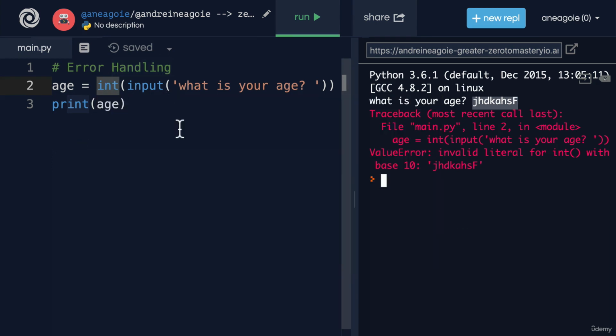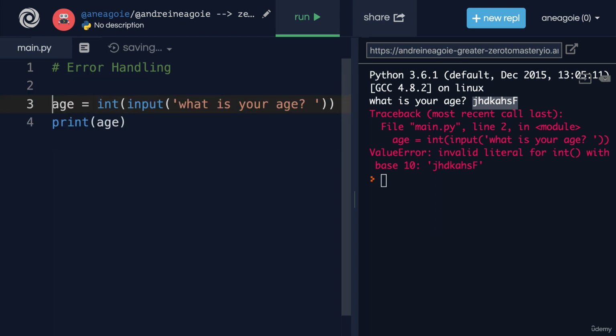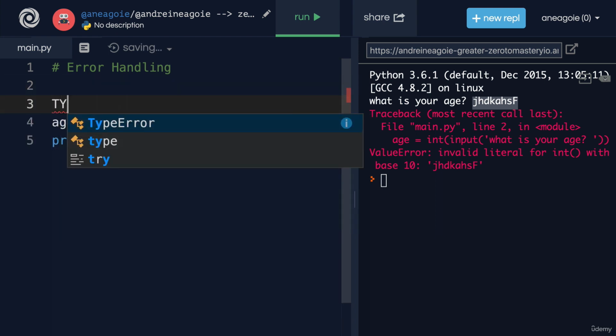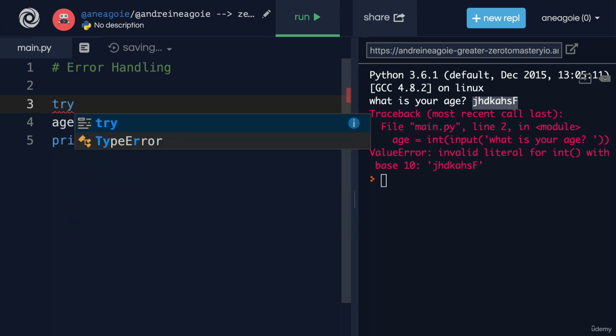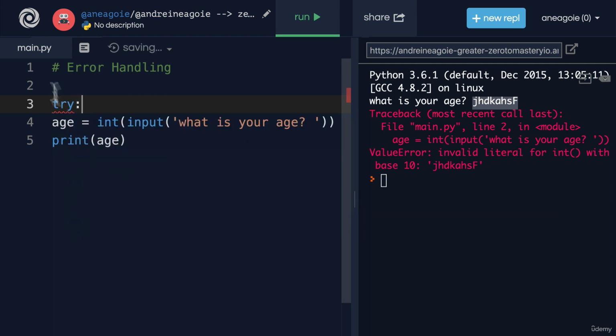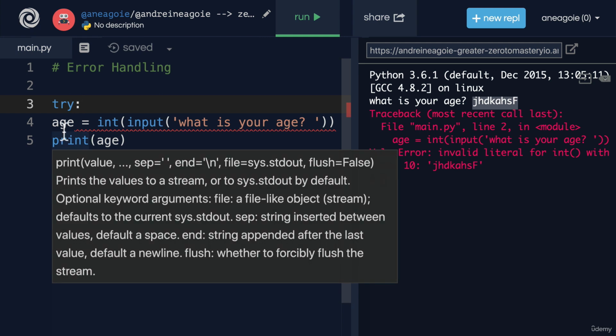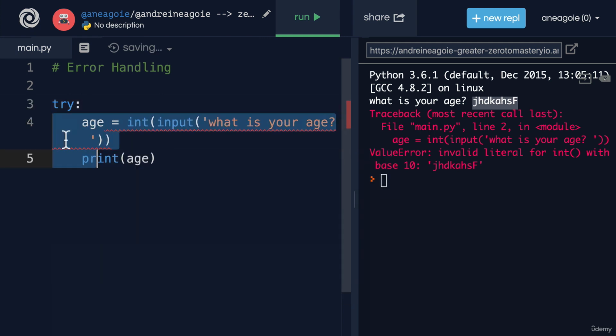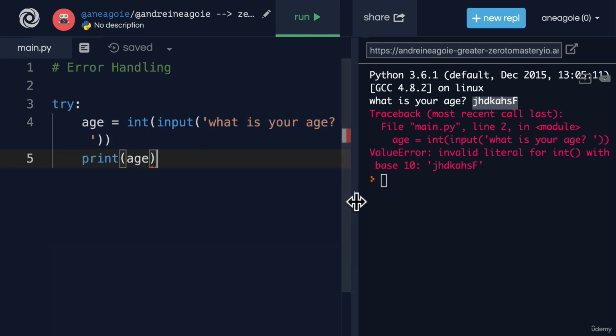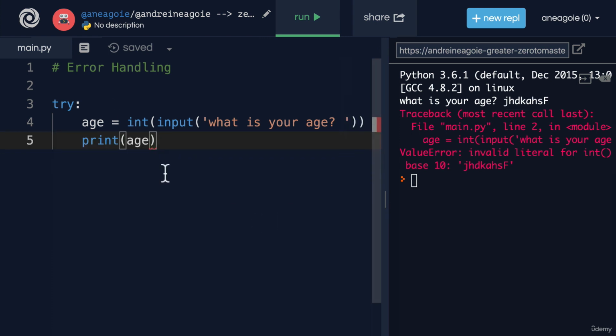With error handling. In Python, we can do it this way. We have the try keyword, which says, hey, I want you to try this piece of code. And we have to make sure we indent it. So we try this piece of code. Now, anything that happens inside of the try block, I'm able to handle, see where handling is coming from, errors,